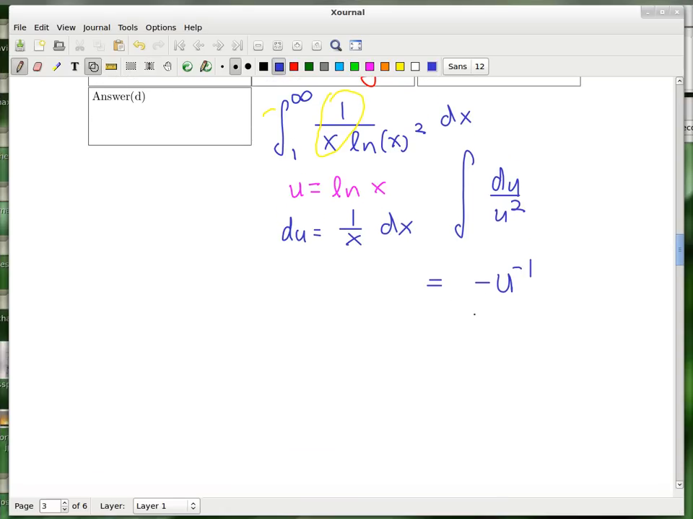Alright, and so this is minus natural log of x to the minus 1. Okay, and now let's put the limits back. So we've got negative 1 over natural log of x as x goes from 1 to infinity. Alright, so when you plug in infinity, since natural log of x is an increasing function, it's going to be 0, right? Minus what happens when you plug in 1,